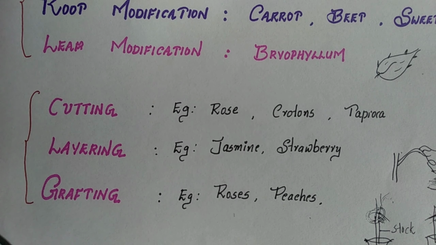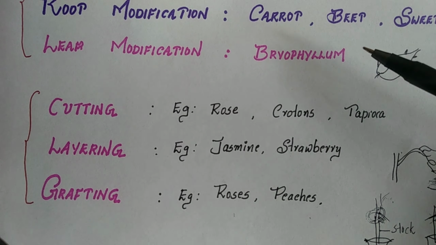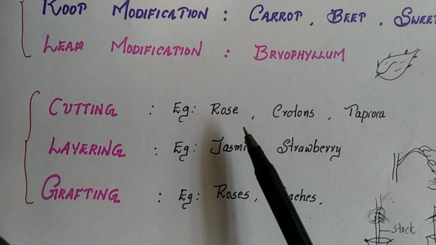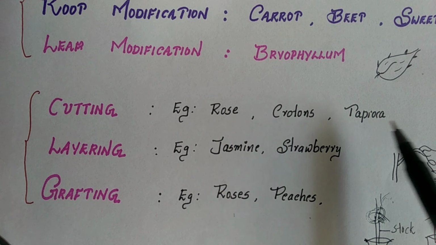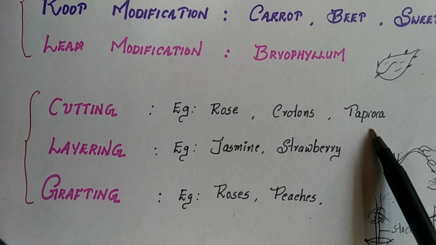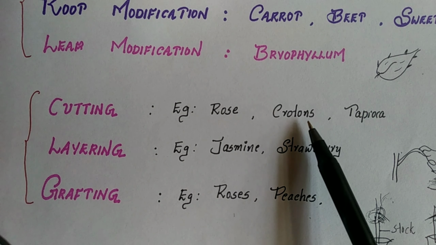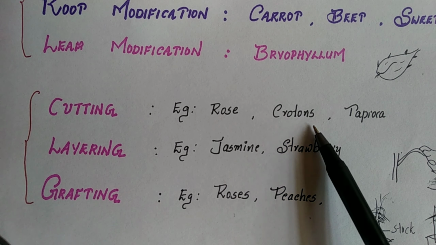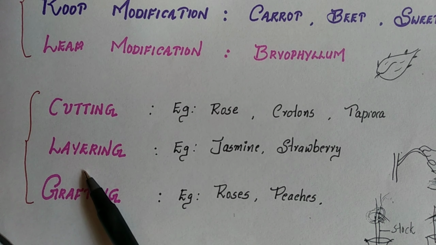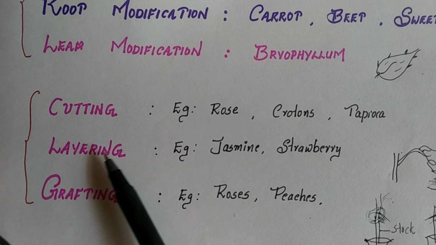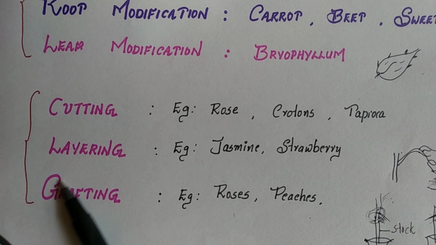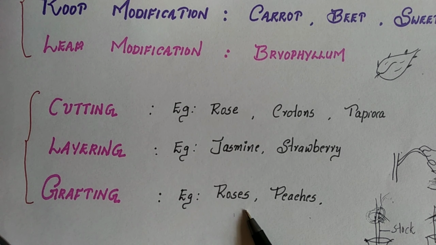Now see here, these are all natural methods of vegetative propagation, whereas the artificial methods of vegetative propagation are cutting, layering, and grafting. Cutting examples are rose, where normal stem cutting is practiced, and you also know about tapioca, how the cultivation is made. Then crotons: if you take a stem portion and allow it to grow, it will develop into a healthy plant. Layering is the next method. On large scale production of jasmine plants, the layering method is practiced. Now grafting is another horticultural technique in which different colors of roses are produced by means of grafting.